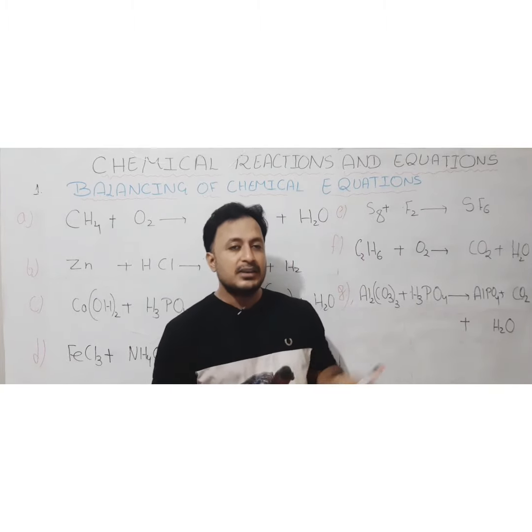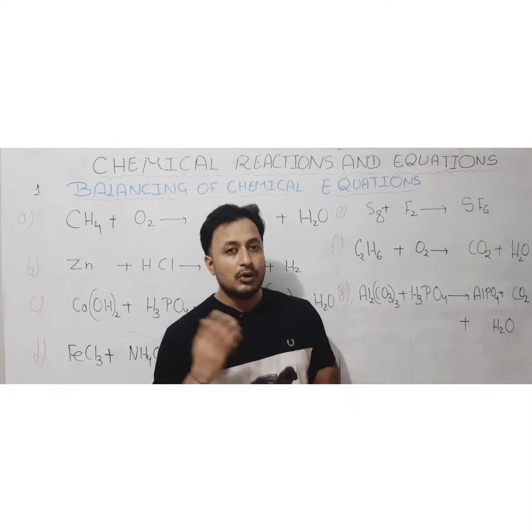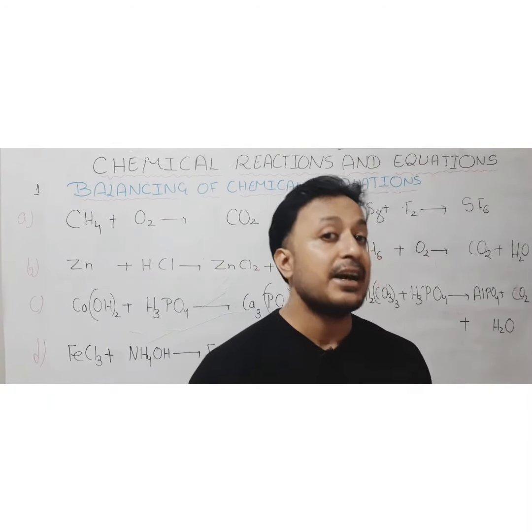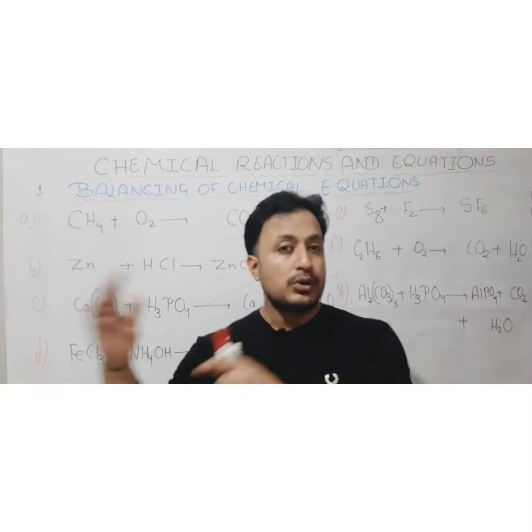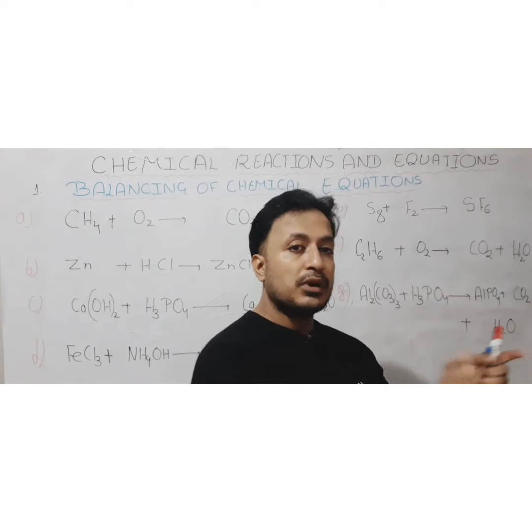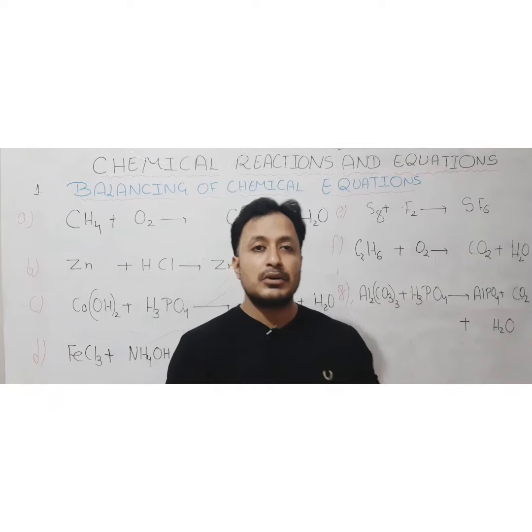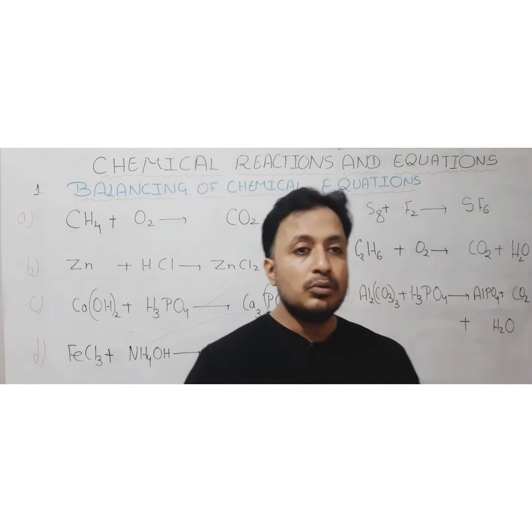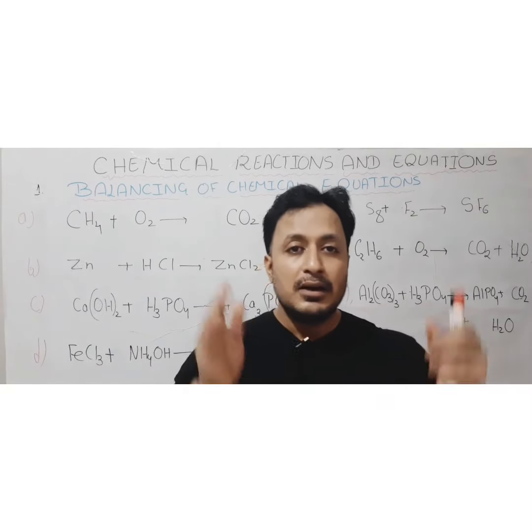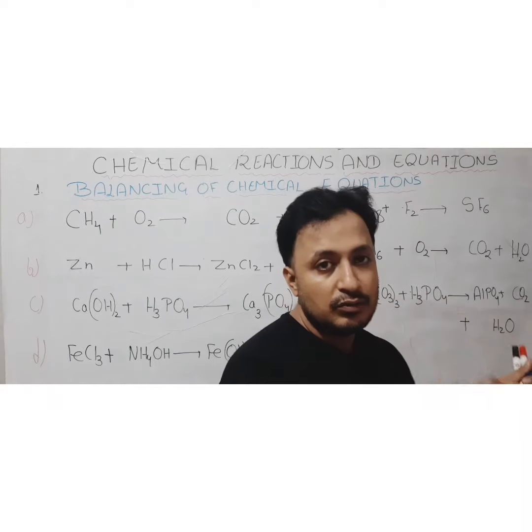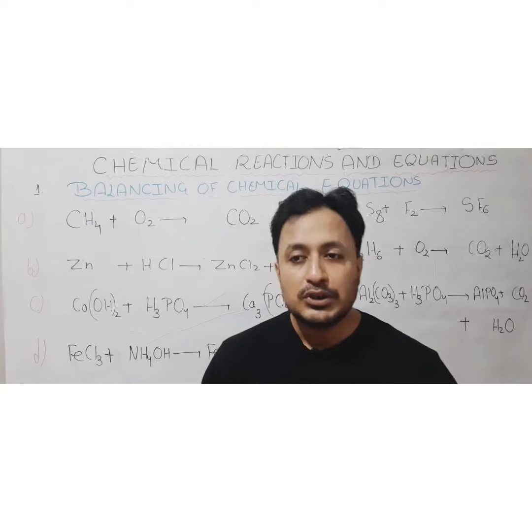Now when we say balancing of the chemical equation, we have to follow a law which is known as the law of conservation of mass, which you did in grade 9. According to the law of conservation of mass, the total mass of the reactants and the total mass of the products should come out the same. So in order to have the same mass of products and reactants, we should balance the chemical equations which we are going to write. So let's see how we can balance the chemical equation.